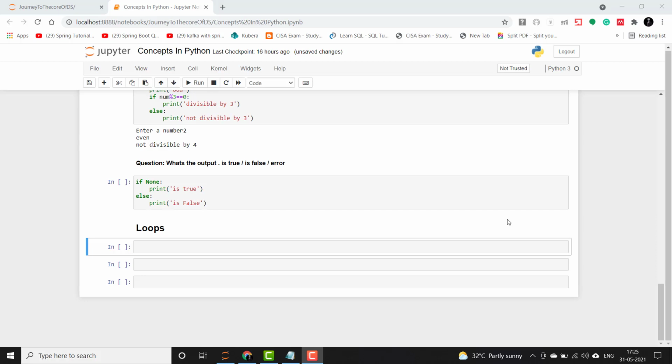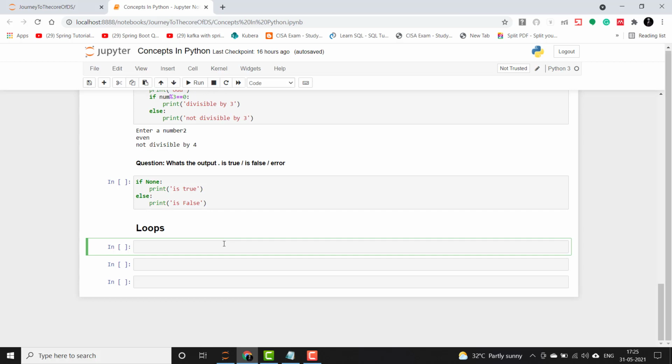So guys, let's move on to the next concept, which is loop. The loop is used when code needs to be repeated certain number of times. We can use either for loop or while loop to repeat the business logic the number of times specified. So first we will see the for loop and how it executes given number of times using range function.